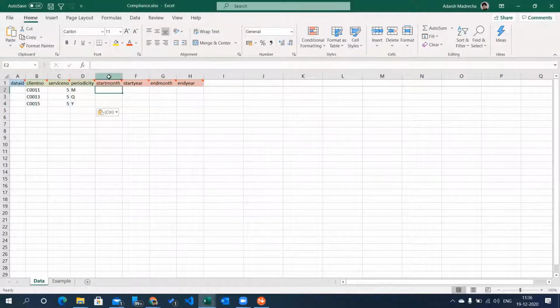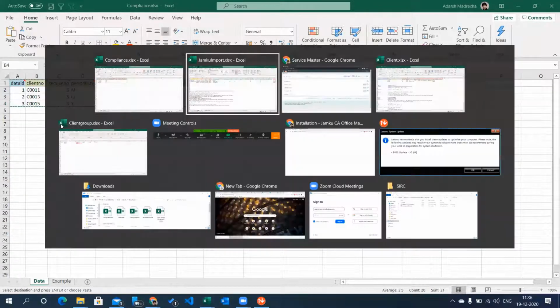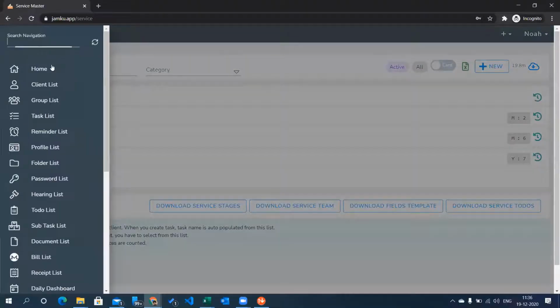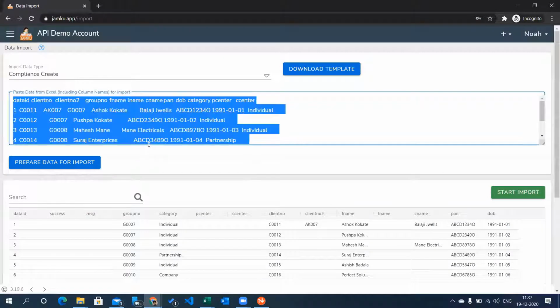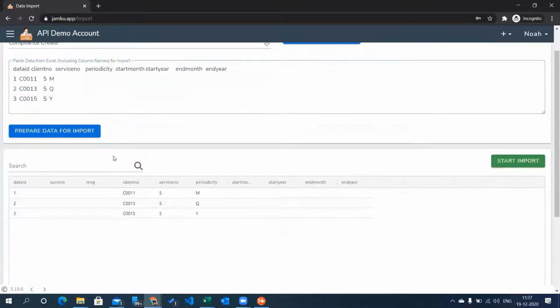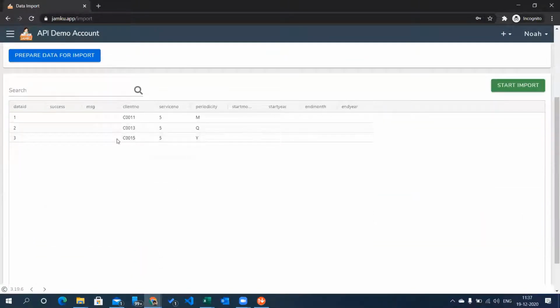You can keep this other information blank. For the data ID you can just mention 1, 2, 3, 4 like this. Copy all the information, go to Jamku, come to the data import section, paste the data, prepare the data for import, and then click on start import.